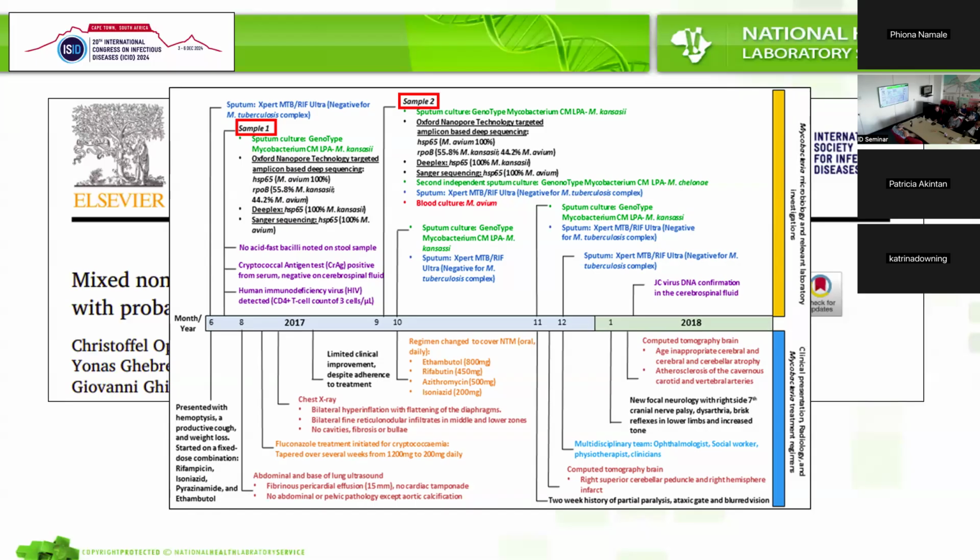So when we did the Sanger sequencing with the heat shock gene, so hsp65, we got 100% Mycobacterium kansasii. And when we implemented the duplex, that's also using the heat shock protein, we got 100% avium, and this is from a sputum sample. And unfortunately, the blood sample was not available for us. We just had a sputum sample. You said, how can this be? Did we make a mistake somewhere? And when we took a sputum sample and we multiplexed it with multiple markers, the rpoB and the heat shock, we found both of them.